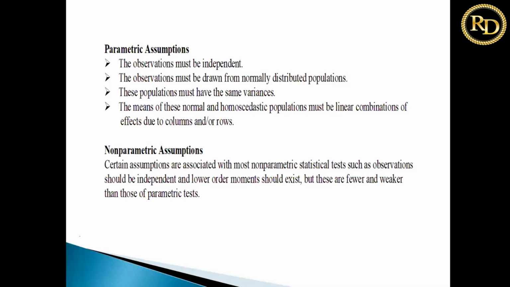We do talk about the equality of variance: when dealing with two populations, we use Levene's test, otherwise we use Bartlett's test for the equality of several variances. So these populations must have the same variance, and the means of these normal and homoscedastic populations must be linear combinations of effects due to columns, or homoscedastic means having equal variance. So that is the assumption there: a normally distributed and homoscedastic population. Then we go for the